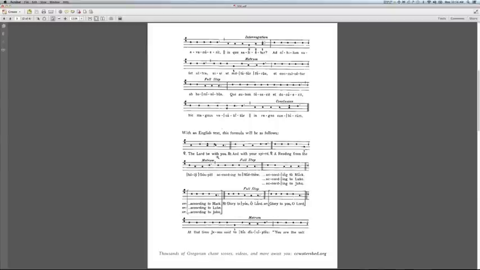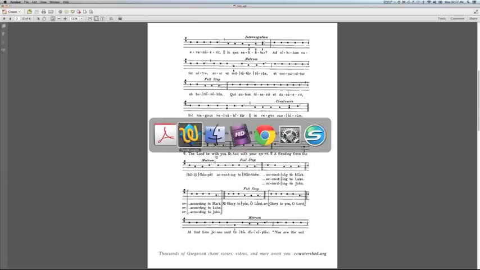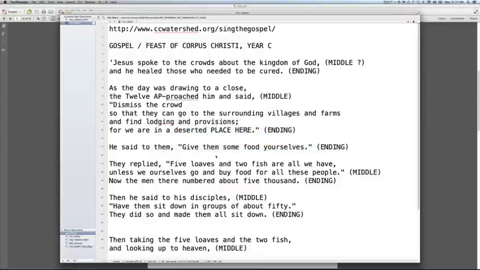The Lord be with you, and with your spirit. A reading from the Holy Gospel, according to whomever. Jesus spoke to the crowds about the kingdom of God, and he healed those who needed to be cured. As the day was drawing to a close, the 12 approached him and said, dismiss the crowd so that they can go to the surrounding villages and farms and find lodging and provisions, for we are in a deserted place here. He said to them, give them some food